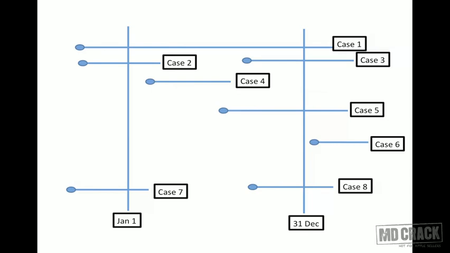Now you might be thinking, what happened to cases 2, cases 7? Why did the line stop? The line stops here maybe because the patient died. Okay, the patient died here, or maybe the patient got cured. So he stopped being the patient of the disease. These are the possible explanations for why the lines stopped. So 2 stopped here, 7 stopped here. Maybe somebody died, maybe somebody got cured, he immigrated, we lost follow-up. There are n number of reasons. Okay, so the line stops prematurely.